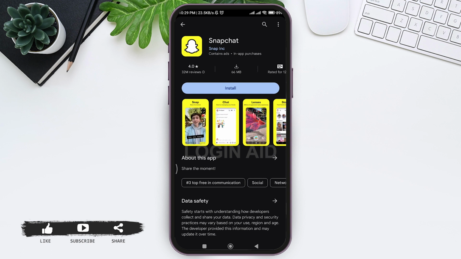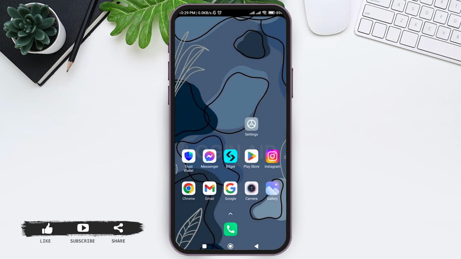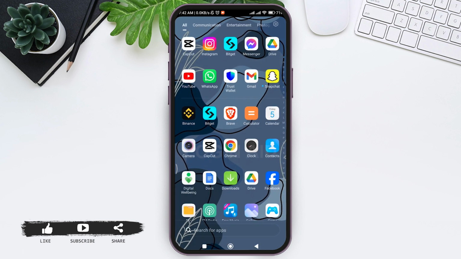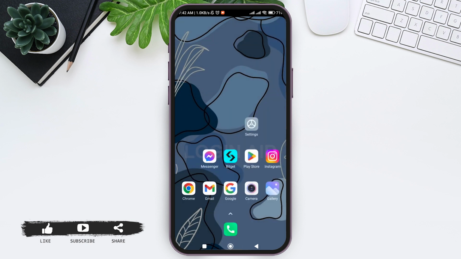To fix that error, first check if your device is compatible with the latest version of Snapchat on your mobile phone. Then check whether there is sufficient storage space on your device to download Snapchat. If you don't have sufficient storage space, then you can delete large files and applications that you don't want on your mobile phone. With that, the cannot install Snapchat error can be due to the huge cache storage on